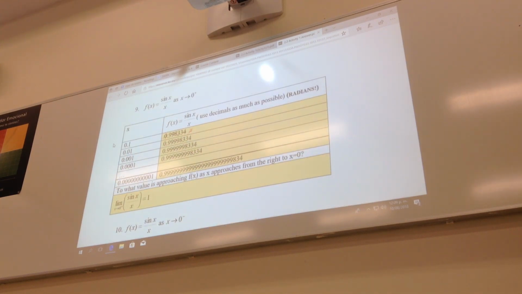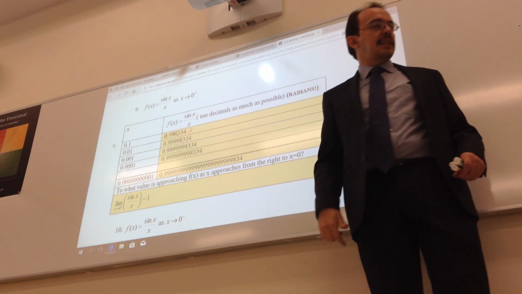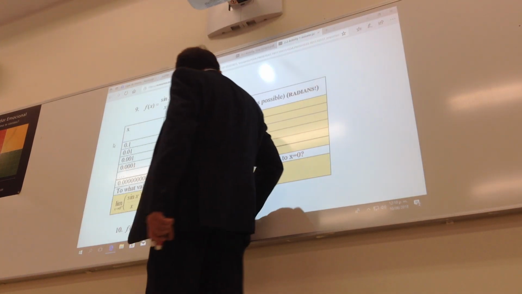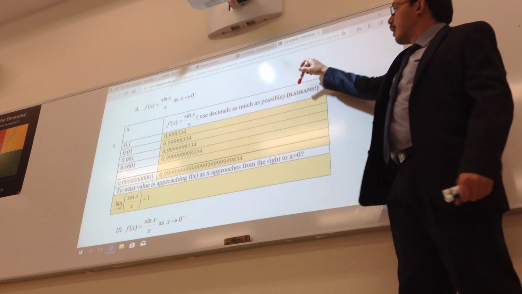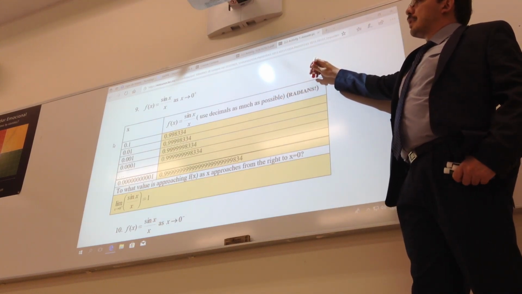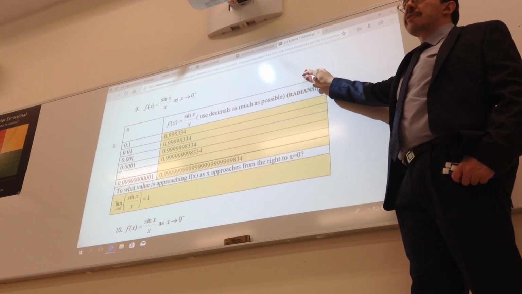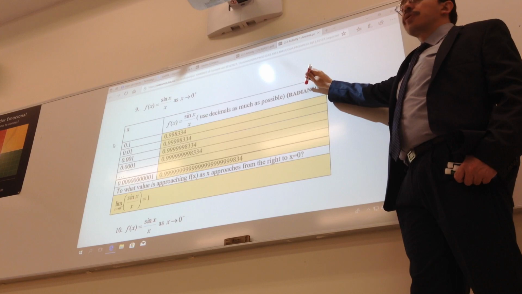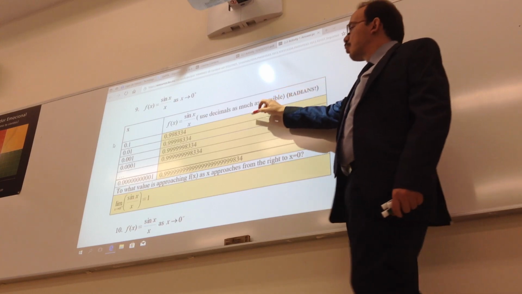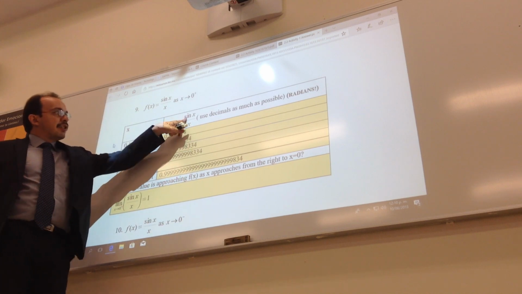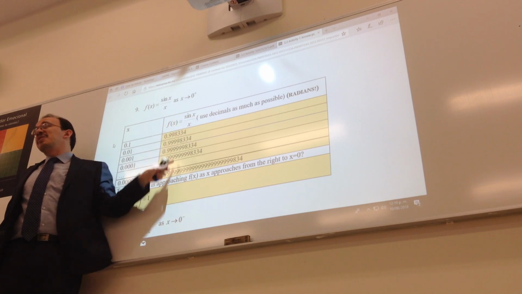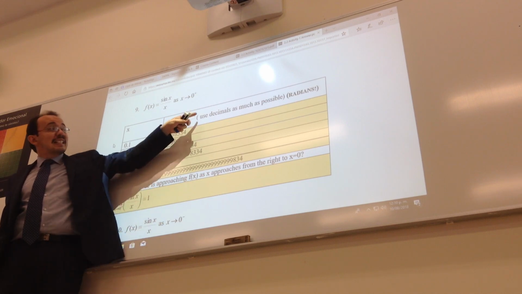Careful, because the instruction said to use radians. Remember radians from last semester? Can you explain, please? Basically, last semester in Math 4, you saw that there are 2 units that we use to measure angles. One of them is degrees, the other one is radians. If you use degrees here, the answer is going to be wrong, because if you're using sine, cosine, tan, etc., and you put the value in degrees, the answer is going to be different. So in this case, the answer is by using radians.